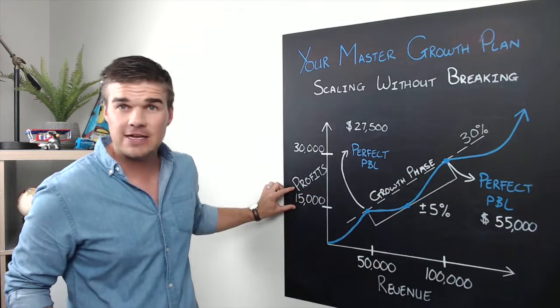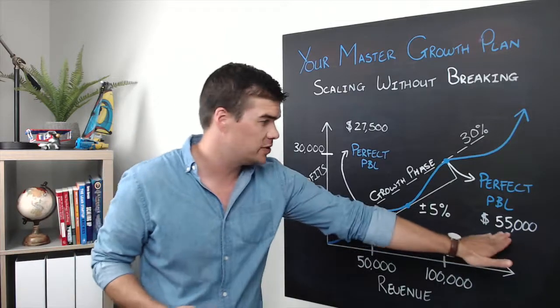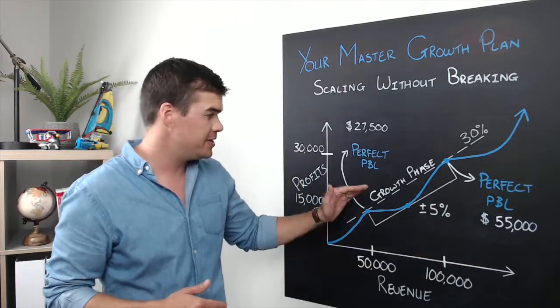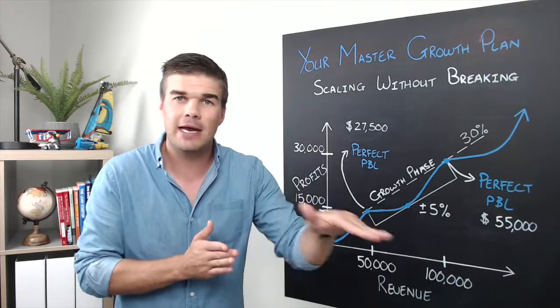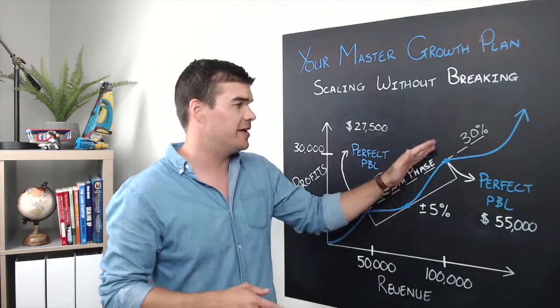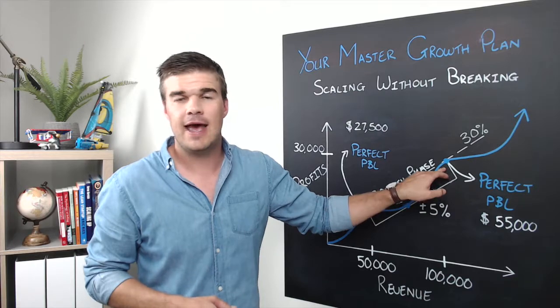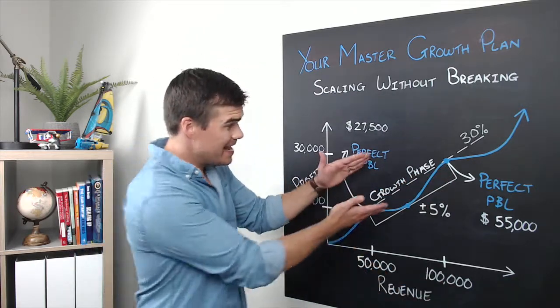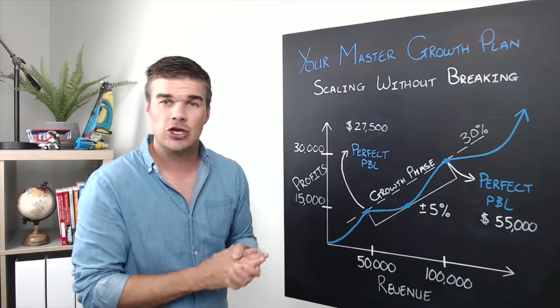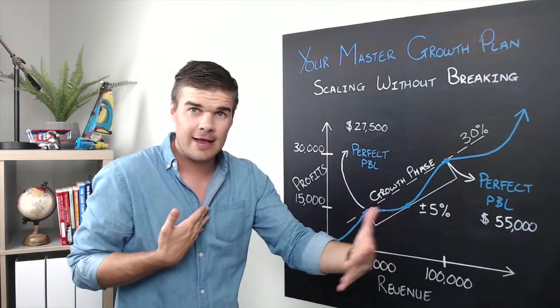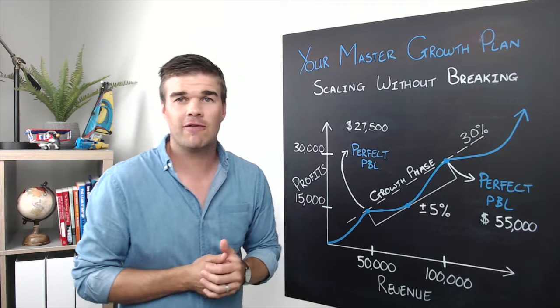Because if we spend $15,000 in order to start getting towards that 55, all that's going to happen is our pre-tax profit percentage is going to go down to 0. And 0 is not ideal, but we don't mind being at 0 if we know we are going to eventually get back up to that 30% when we get to $100,000 a month. And that's essentially like the investment cost that you're going to make in order to scale your business. You're going to forego profitability in order to guarantee 30% profitability down the line.